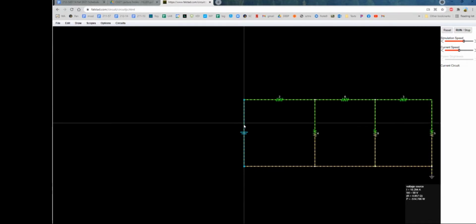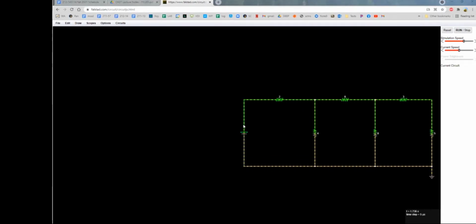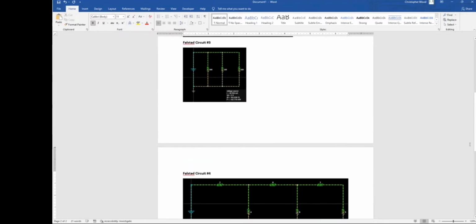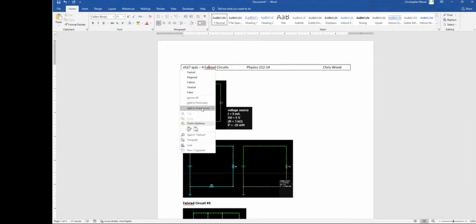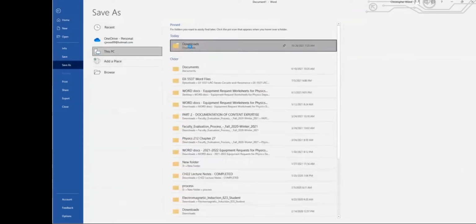But for now, highlight your battery element, Microsoft Shift S, take the circuit with the data as economical yet complete as possible. Go to Word, Circuit 4, Control V, done. Okay, so once you're done with that, make sure you have this header bar right here. I guess I'm going to add Falstad to my spell checker. Anyway, there's your header bar. Once again, this has to be on the left side. This needs to be in the middle. This needs to be your first name and your last name. When you're done with all of that, do file, save as, save it to your local system,